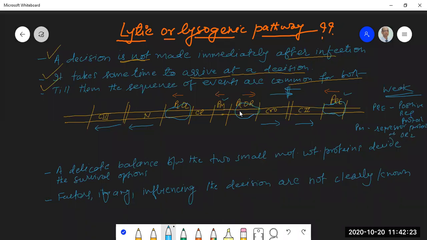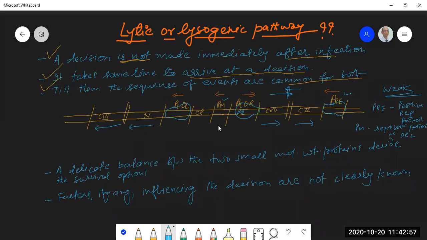Operator binding site 2. Okay. So these two promoters will be identified only when these proteins are available: C2 and C3 in case of PRE, and repressor in case of PM. Unless these proteins are there occupying those positions, the RNA polymerase will not be able to bind to this promoter. Unless CI, repressor protein, binds to a region here, OR2, this promoter will not be identified, and this promoter PM will not be identified, and RNA polymerase cannot bind here.